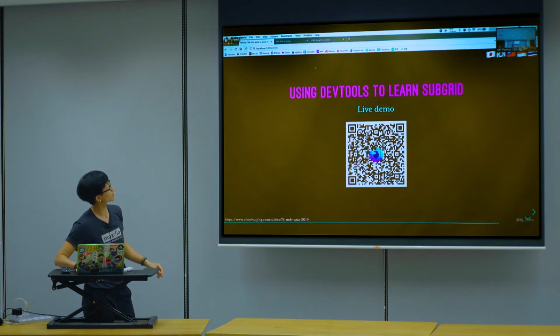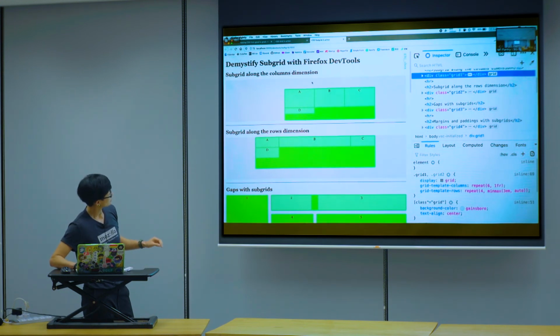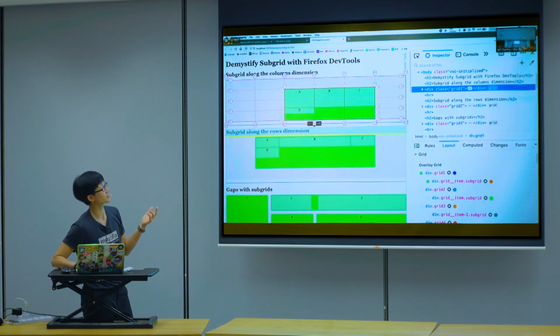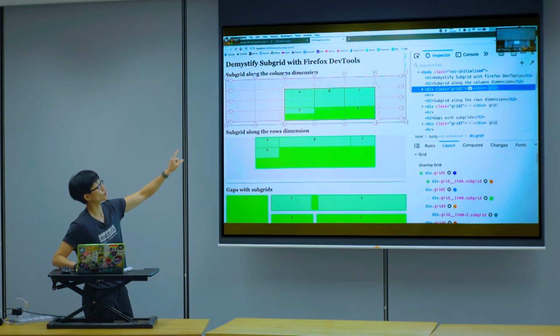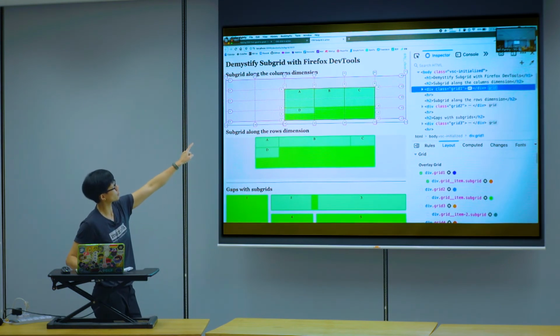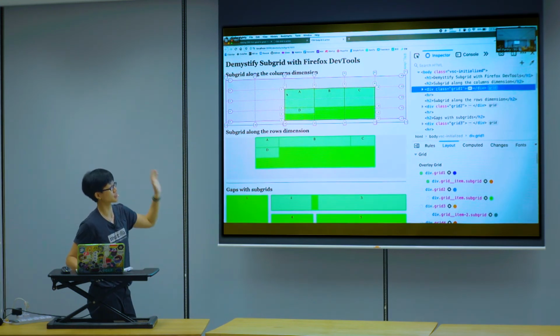So, okay, example time. Subgrid can be used in a single dimension. What does this mean? Okay, highlight, then you can see. This is where the multiple colors really come in very useful. When you highlight your nested grid and your parent grid, you can see the difference. Again, the numbers are a bit small, but for the numbering, what you can see is that even though your subgrid follows the size of the parent, the subgrid index starts from 1. So on the parent the line number is 3, but when you start a subgrid, it will start from 1 again. That's one of the basic things.